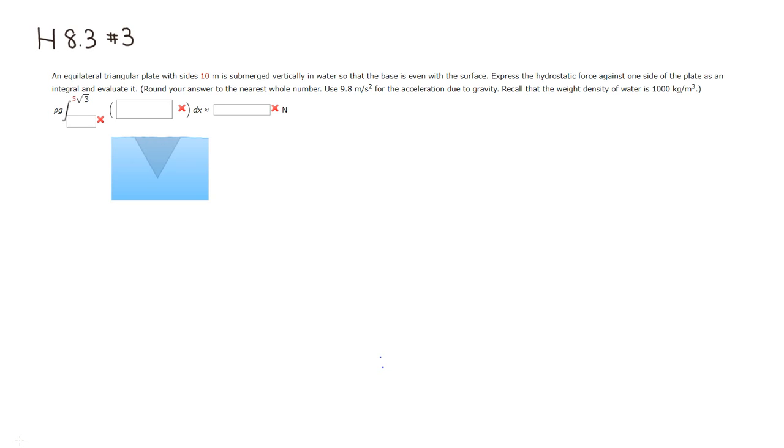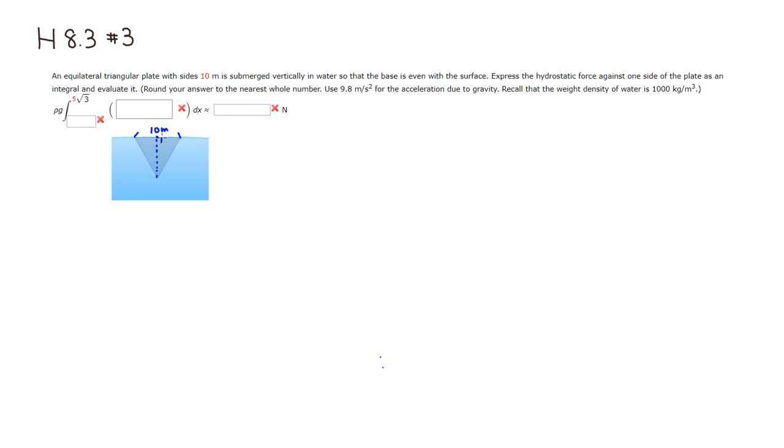Alright, let's look at homework 8.3, problem number 3. We have an equilateral triangle with side 10 meters. So this is 10 meters right here. And the height is going to be, let's see, if you go right in the middle and go straight down,